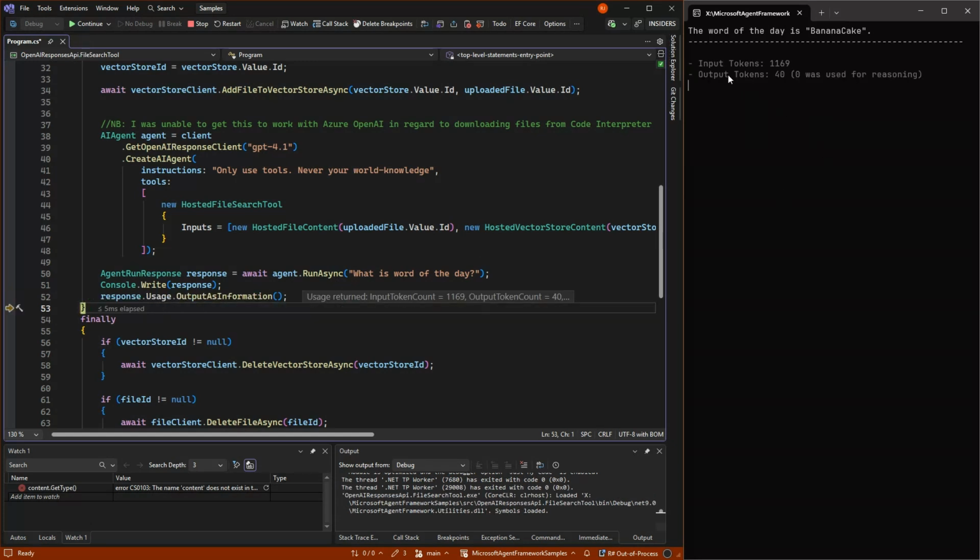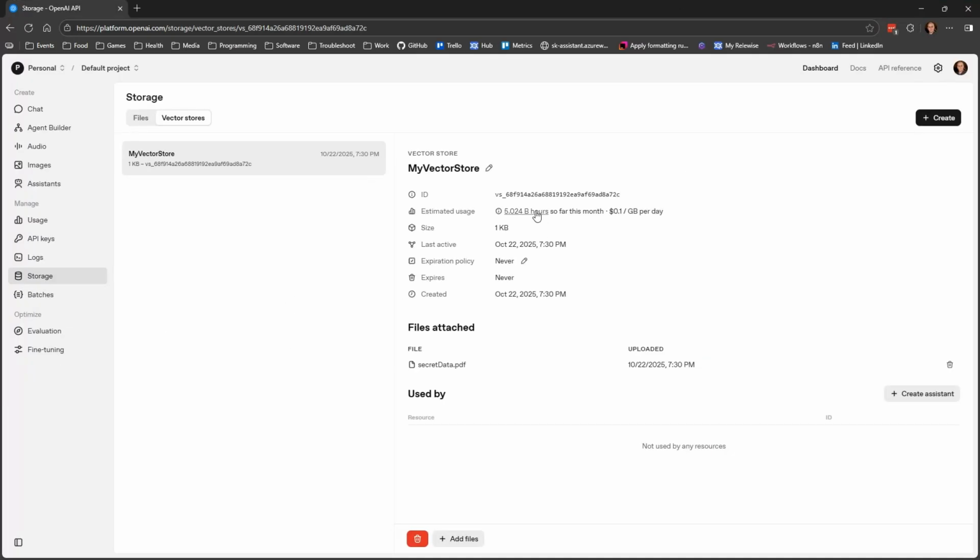We get our input tokens, which was our different files and such, and the output tokens, which was just the banana cake. And beyond that, we are paying for our vector store. So it comes up here and says how much we have used it, or how much it costs per day based on what we do. So it's not part of the token cost.